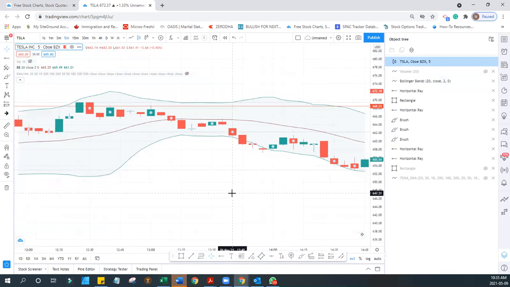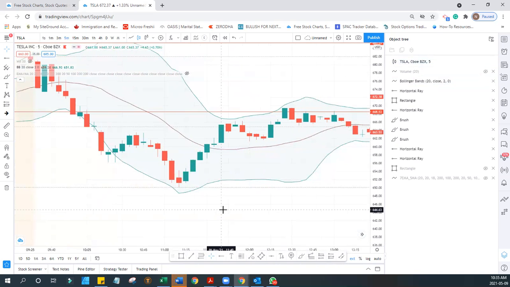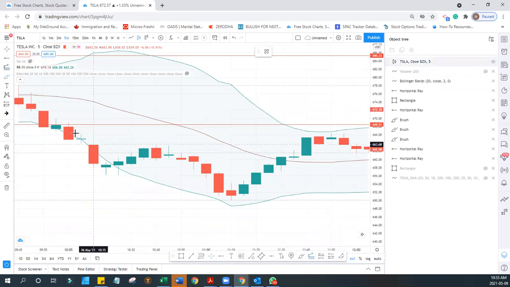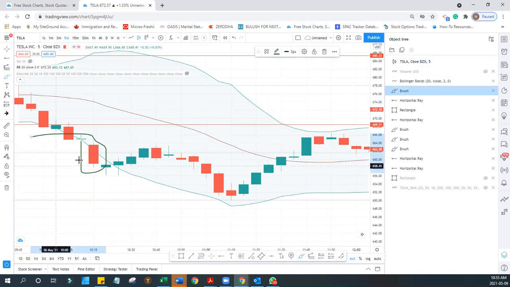So if we change the standard deviation to a higher one, it's probably going to consider the outliers, and the width will be different, and it will be very hard to predict the price. But whenever you see the price going outside the band,